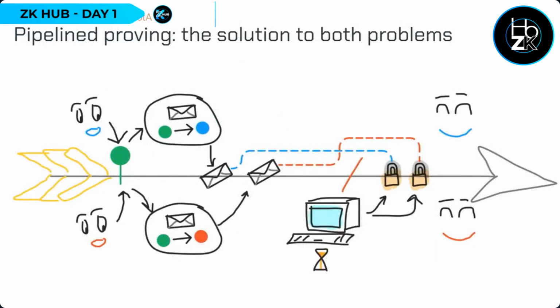So how do you fix both of these? Well, our solution is pipeline proving, which is quite similar to, for example, what Monad has been doing with deferred execution, but taken to the ZK realm. You first do sequencing. You send blob transactions secured by the L1 that tell what you want to do, what you essentially commit to doing. If it's an auction, you say, I'm going to bid 10 USDC on this NFT. And then once the transactions have been sequenced, to settle them, you send the proofs separately.